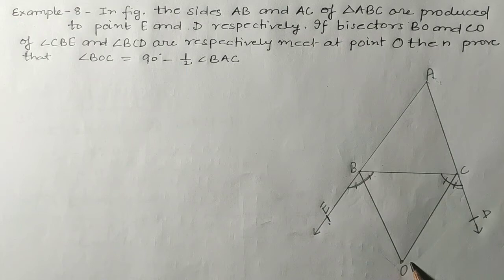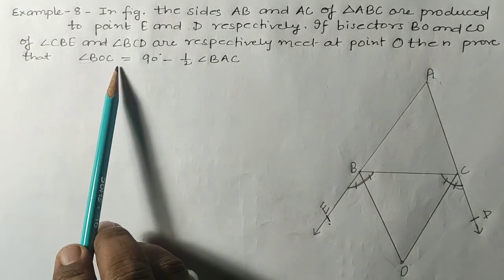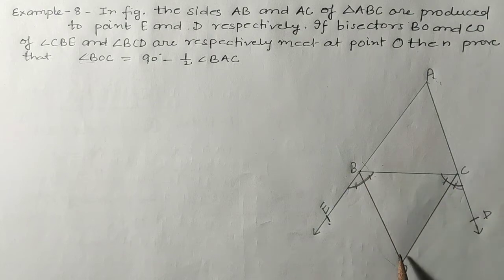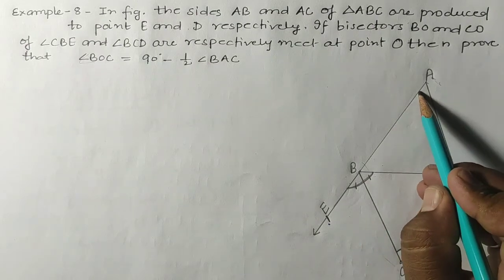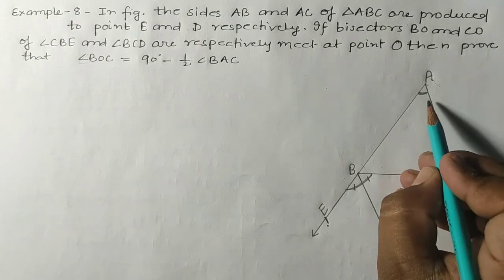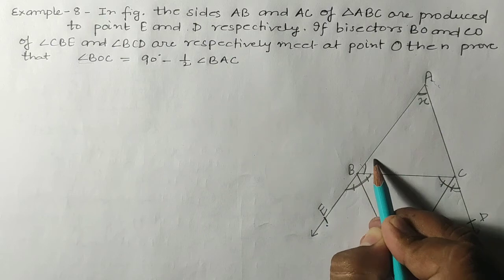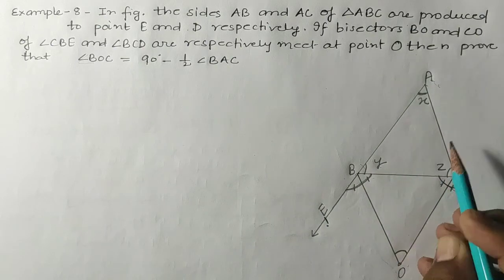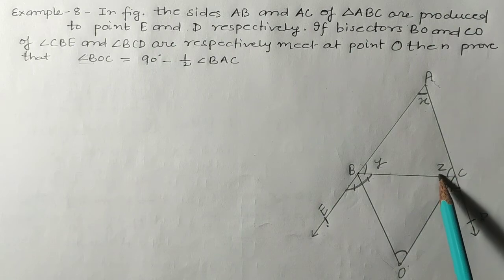Then we have to prove that angle BOC, this angle BOC means this angle, is equal to 90 degree minus half of angle BAC. Angle BAC is what? This angle. So how will we prove it, students? Let us see. Firstly, for our convenience, we will suppose the angles of triangle ABC as X, Y and Z. Suppose this angle is X, this angle is Y and this angle is Z. Now see,